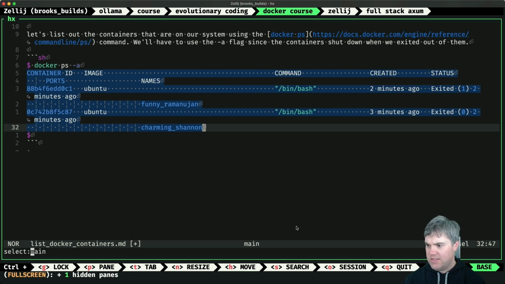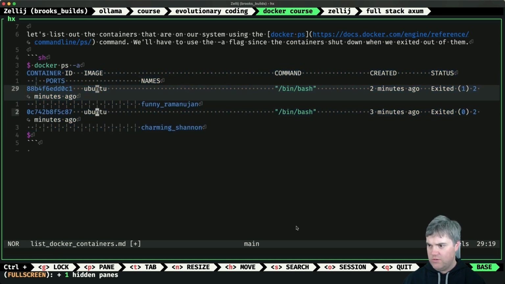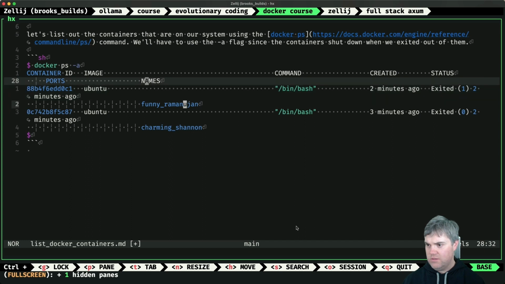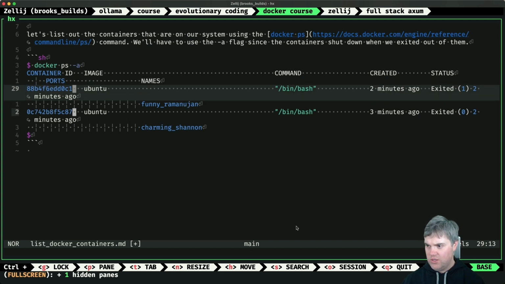Let's get Ubuntu. Okay, so if I remove stuff from the command,